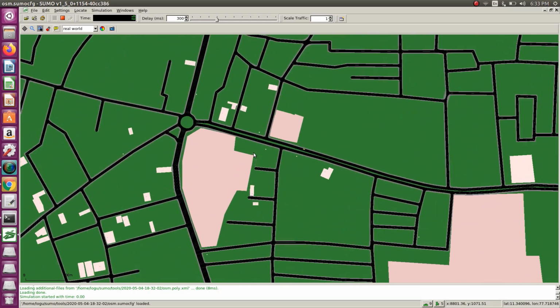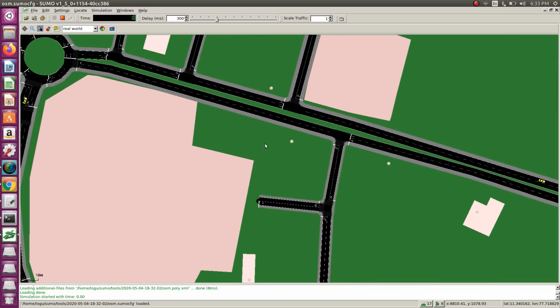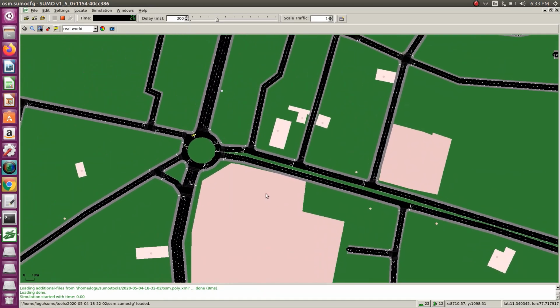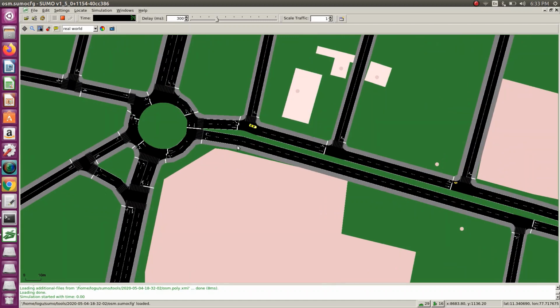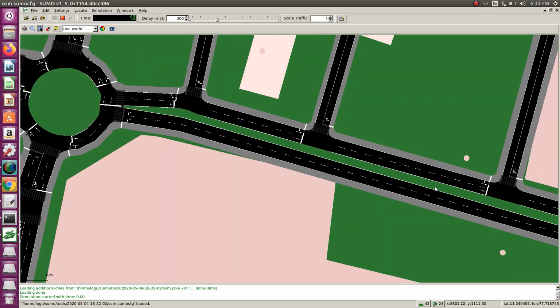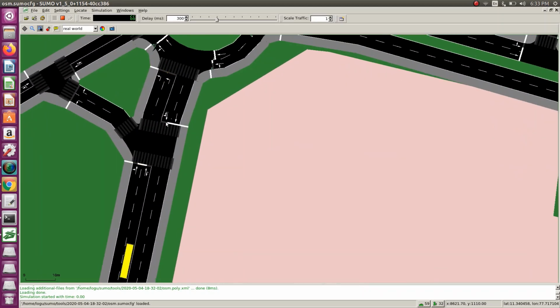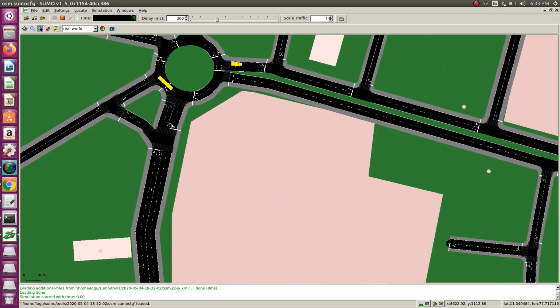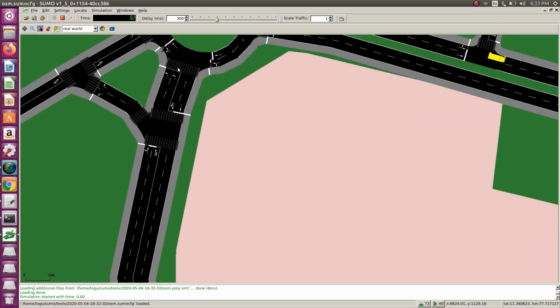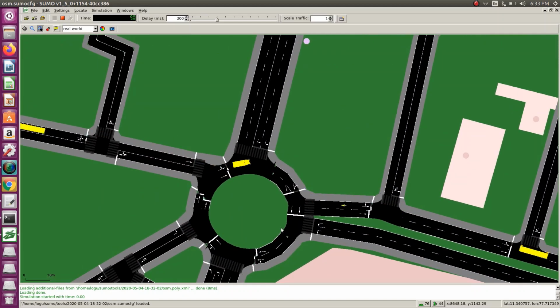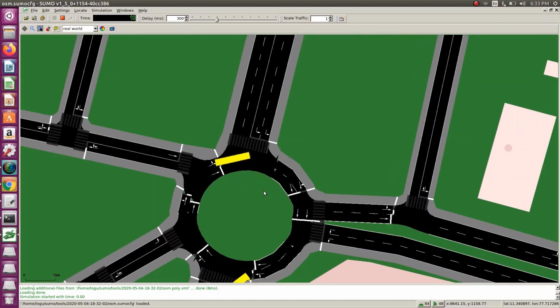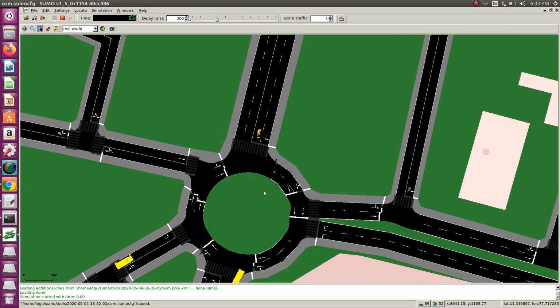So now you can see the vehicle movements. Okay, this is your car, bus, truck, some pedestrians, car, bus, then truck.